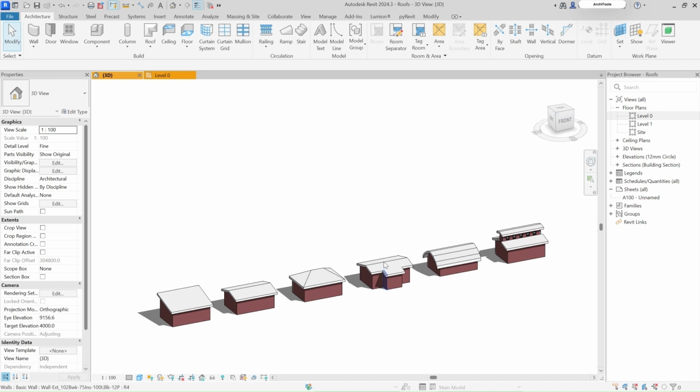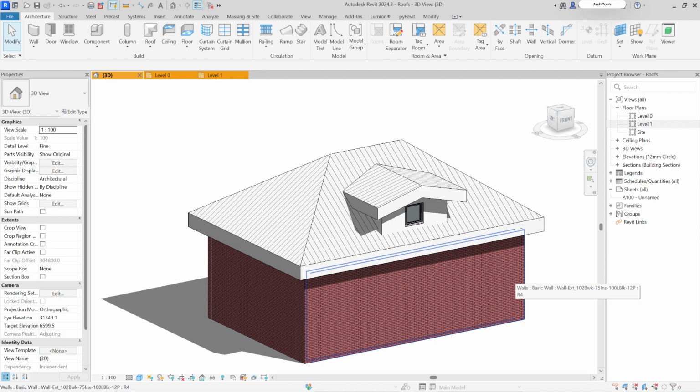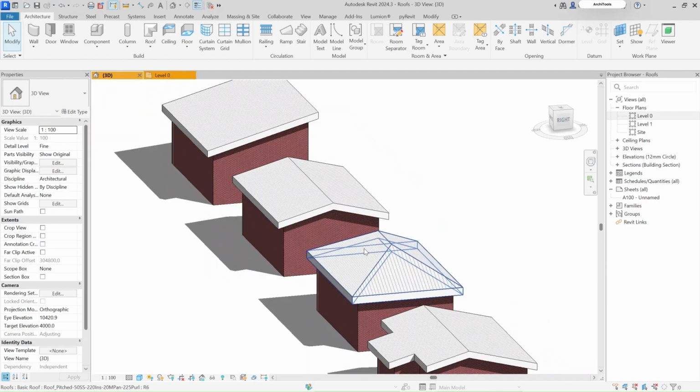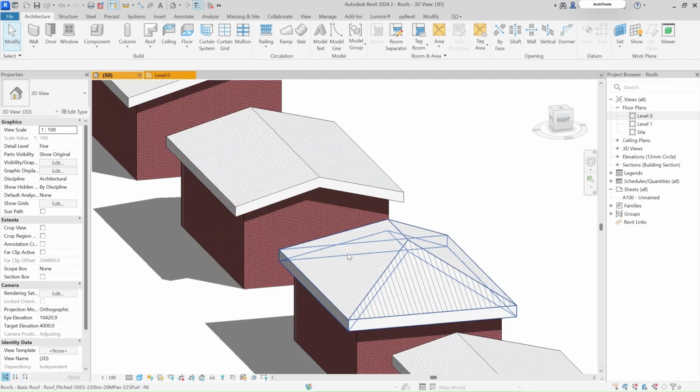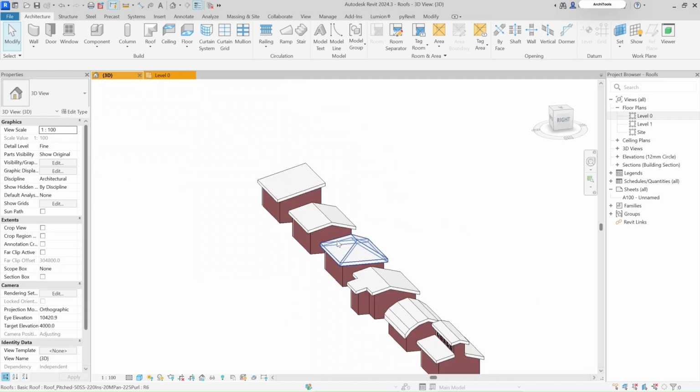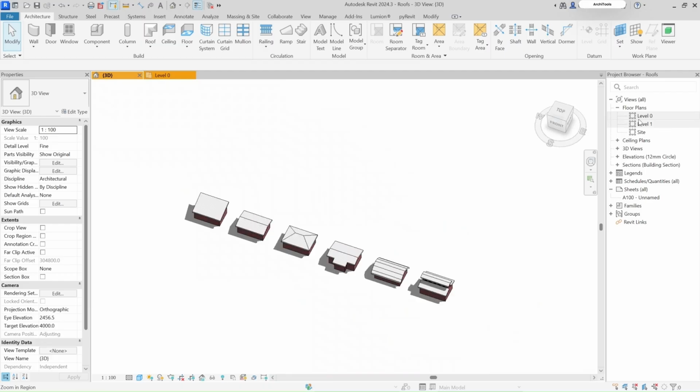roof. So dormer roof is basically a kind of an extrusion which has been cut out from the roof, and it kind of creates a window for further lighting and ventilation. So how you can create that? Let's first of all